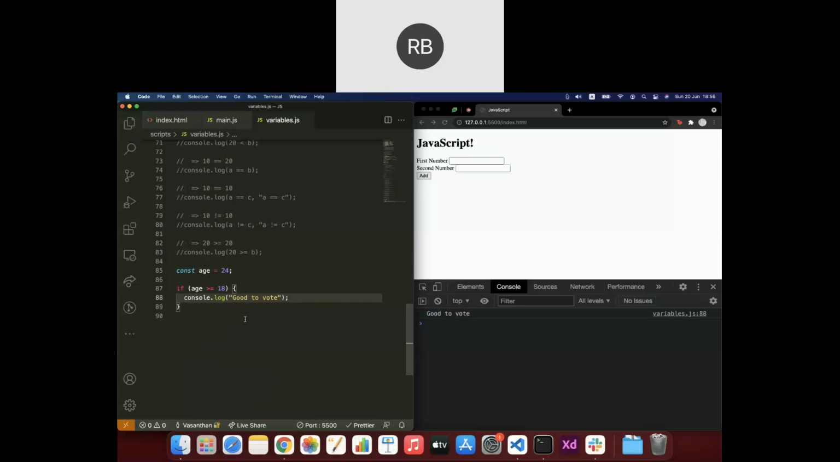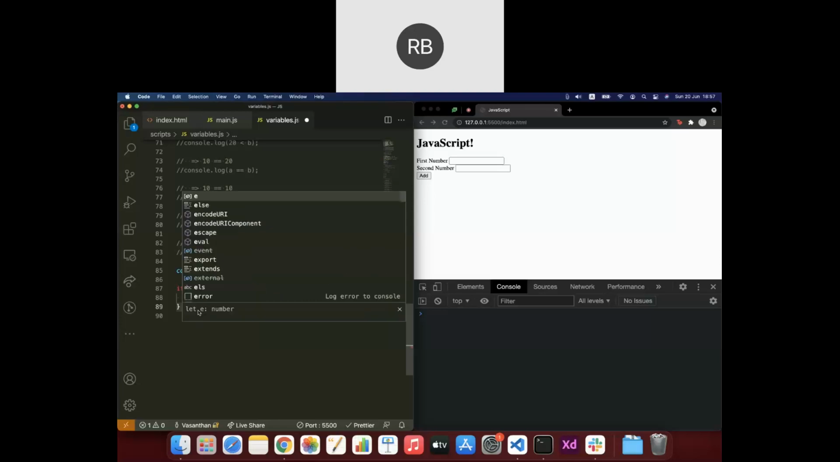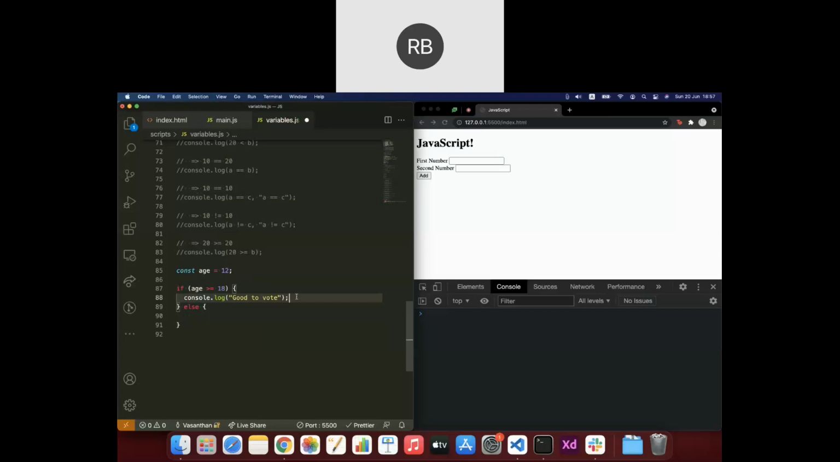Saving it. Now you can see that the value is 24 and we are comparing it with 18. So if that age is greater than or equal to 18, which means that 24 is greater than or equal to 18, since this evaluates to true, we will have this code executed. But if this age is, let's say, 12, save it, and it's not going to get executed. But it's not always the case that we have only an if condition. We will have an else condition, like a fallback thing. So here we said that you're good to vote,